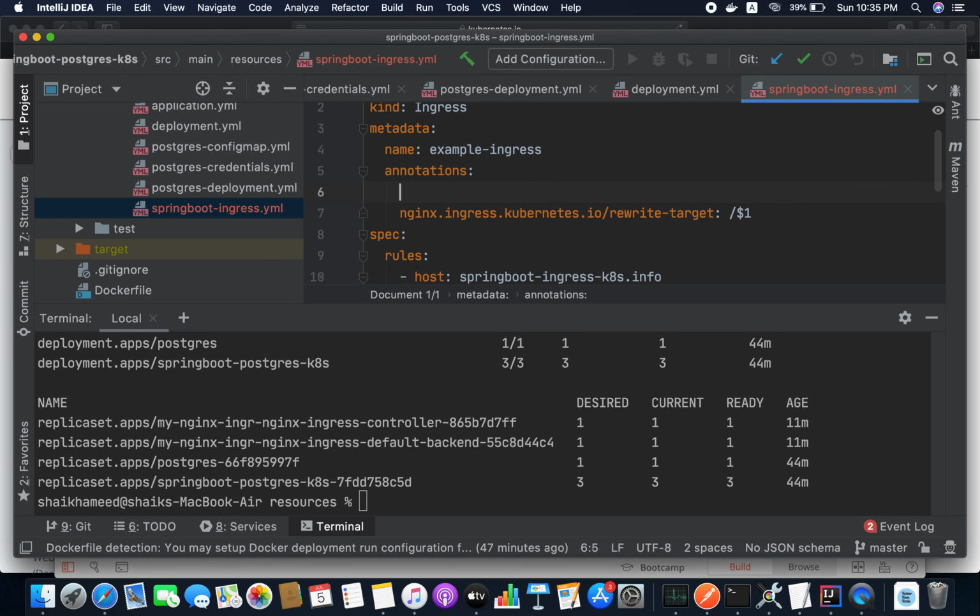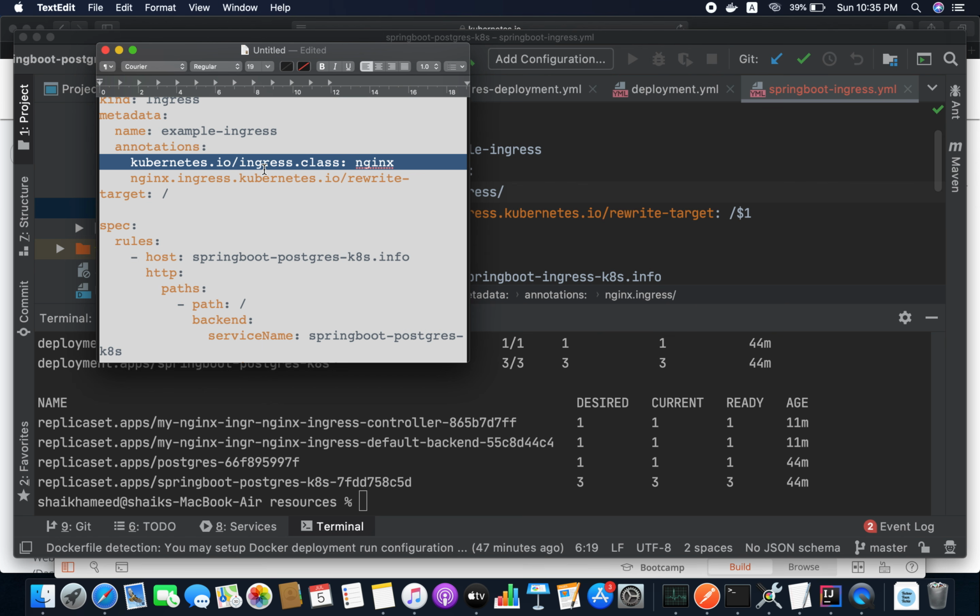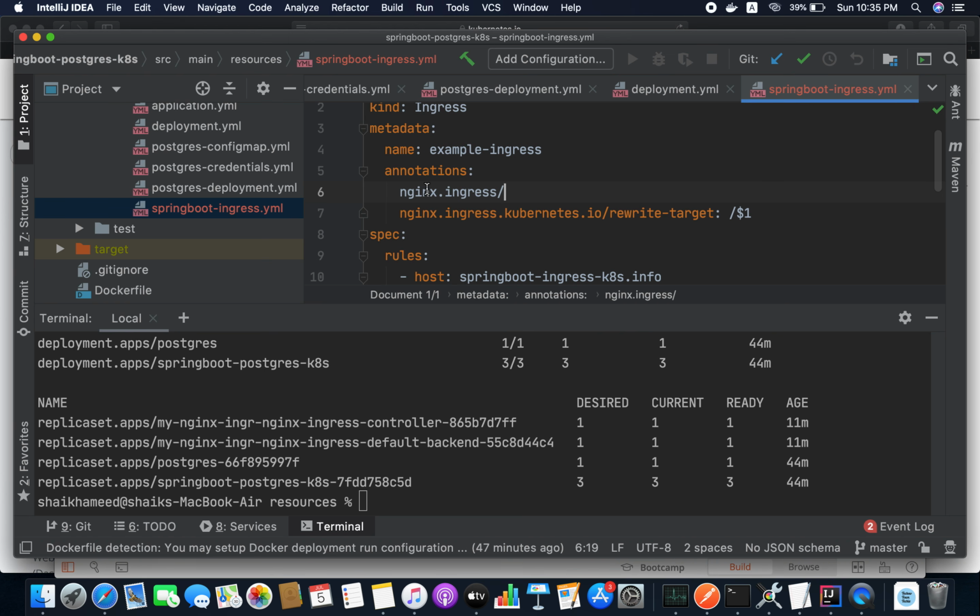Yeah, I have to define one more annotation here, that is nginx.ingress. We have to define one more annotation here, guys, this one. I forgot to add that one.